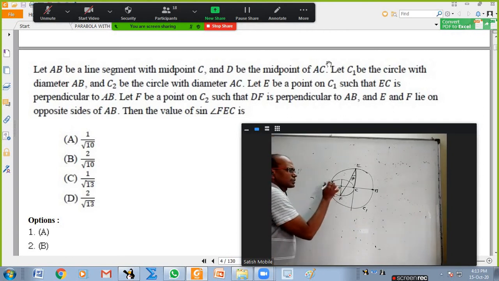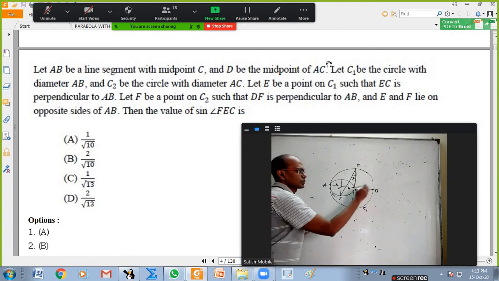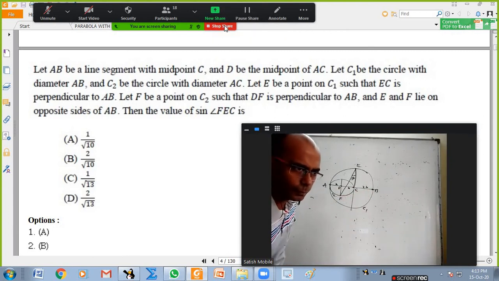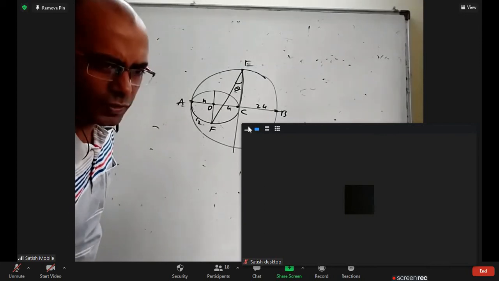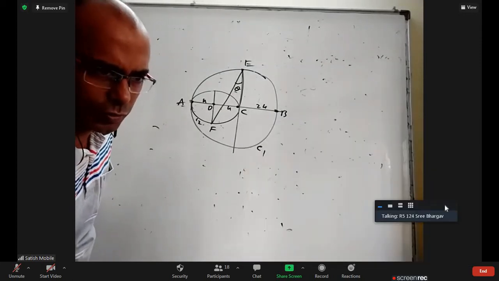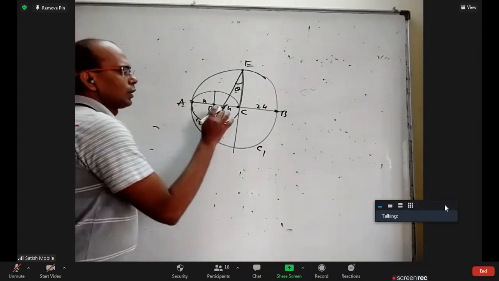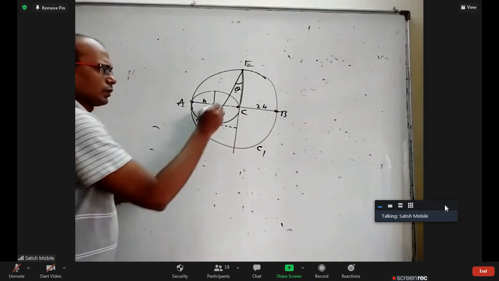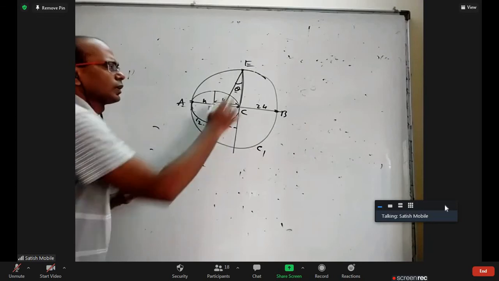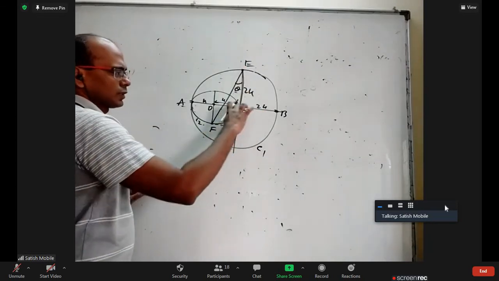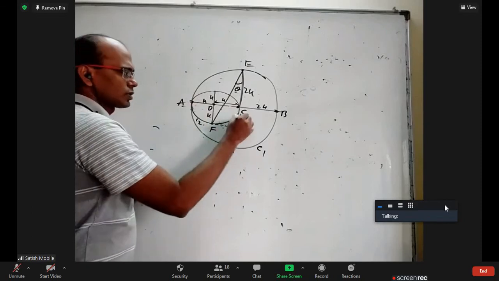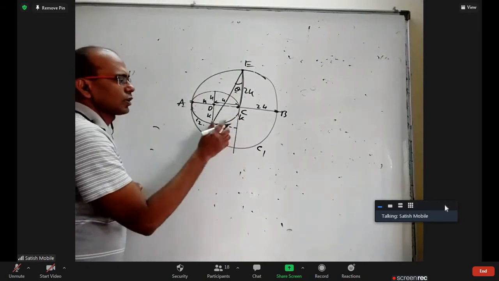If you take this length as K, this is also K, and this is 2K, because this and this are equal, that is the diameter. Just from the figure you can do it, you don't need much of all these things. I want to draw one horizontal line here. This total is K now. This is also radius 2K. This is K, the same K here for this circle. So this is K, and this one is also K.